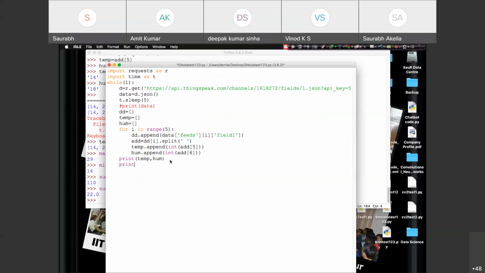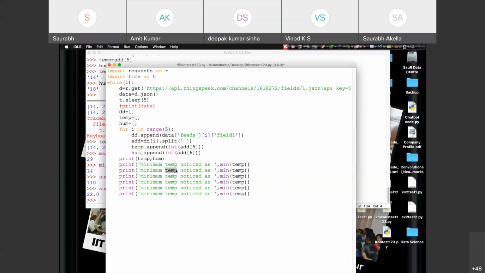Print. This is our analysis, right? So minimum temperature noticed as min value of temp, right?